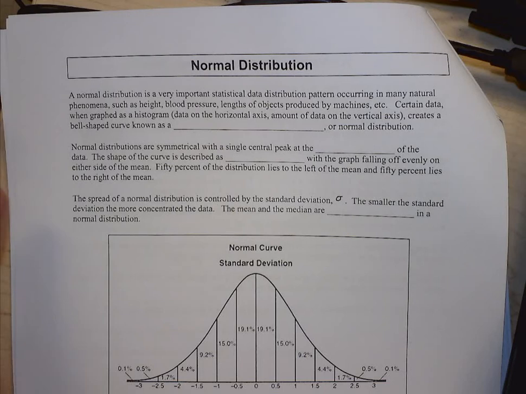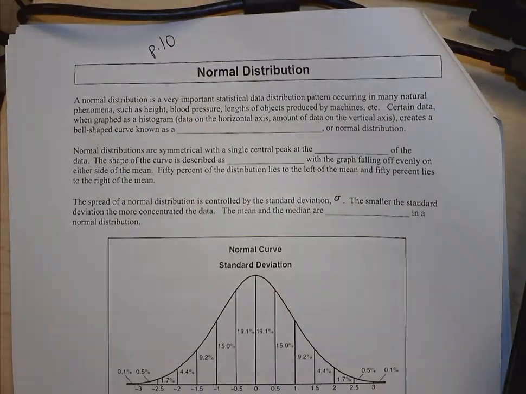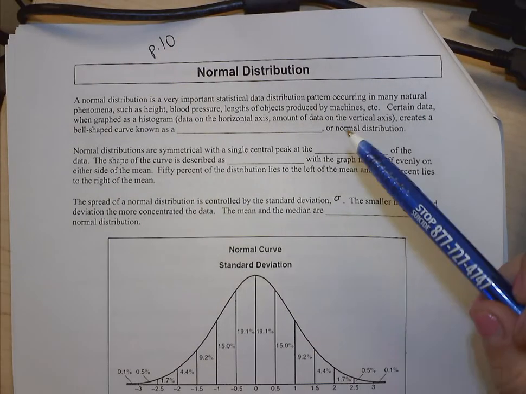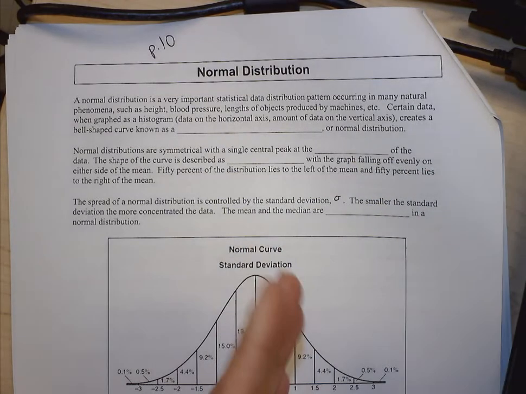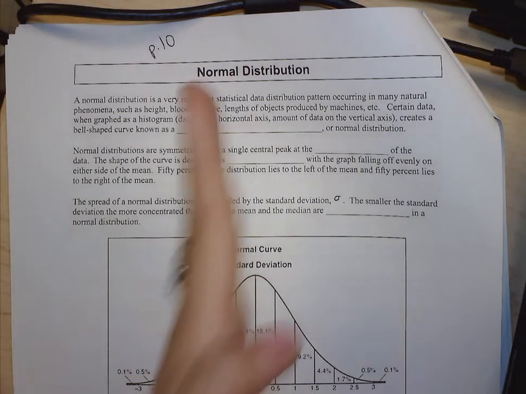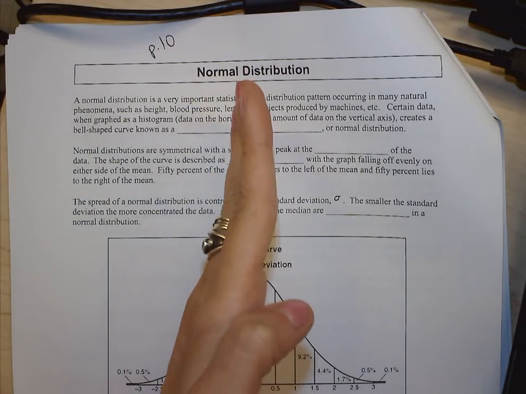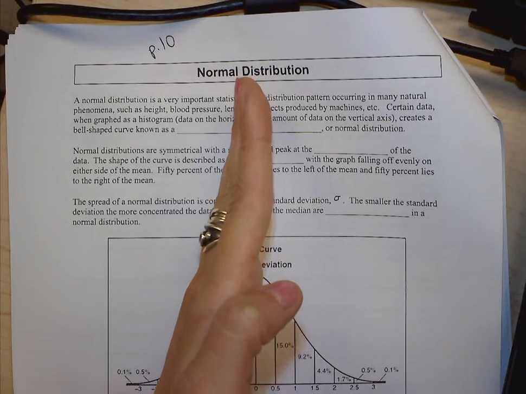Okay, I'm on the top of page 10 in our packets, and I'm going to be talking about normal distribution. Now, before I talk about this, we have to understand what a mean is and what a standard deviation is. So let's say my mean, my average, is 10. So if my average is 10 and I have a standard deviation of 3, that means on average my data